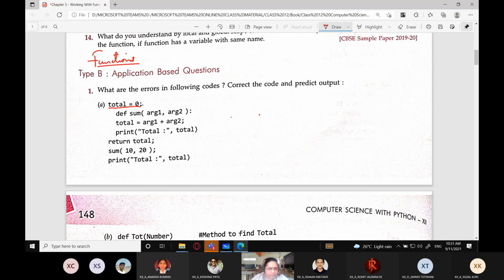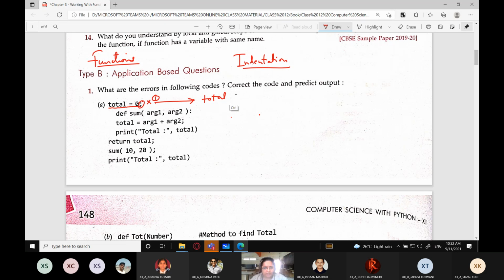The first statement is total equals 0. You can see that this statement has started right from this end. You have to keep the indentation in mind also. Indentation should be proper, otherwise that will also give you an error. The first statement is not a part of any program block or a function. It has started from this end, so it is correct, but there is a semicolon here which is not needed. This is one of the errors, and its correction is total